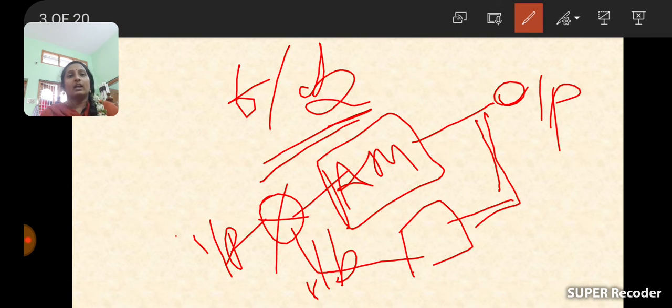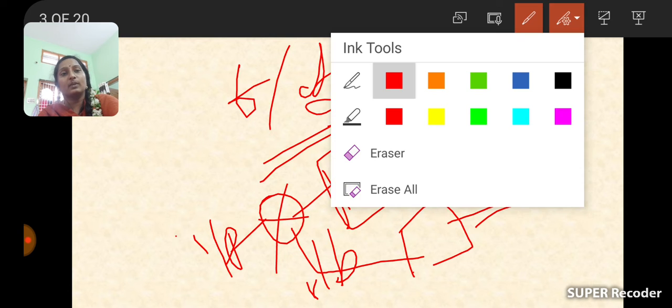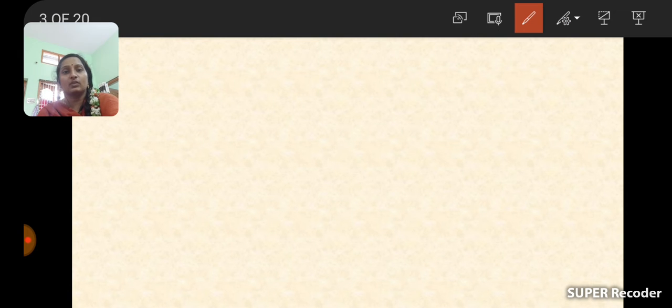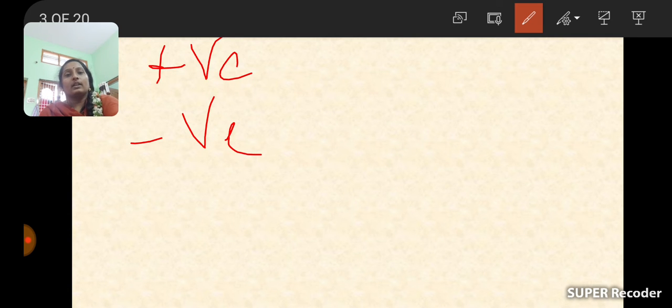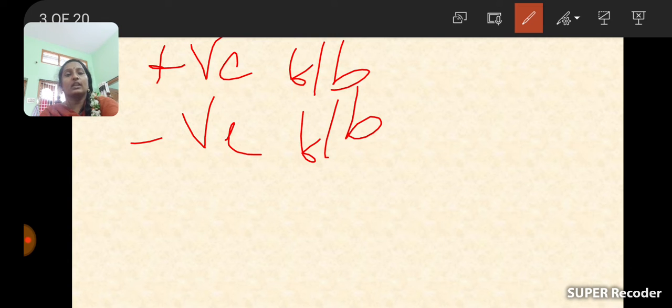Okay, the fraction of output connected back to the input is called what? Feedback. Okay, and while coming to the types of feedback, here feedbacks are of two types. How many types of feedbacks are there? Two types are there. One is positive feedback, other one is negative feedback. So here, what is meant by positive feedback? The fraction of output that is connected back to the input is called feedback. Now, if this feedback signal,